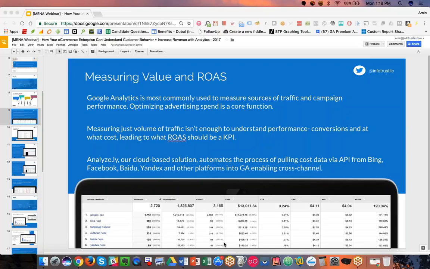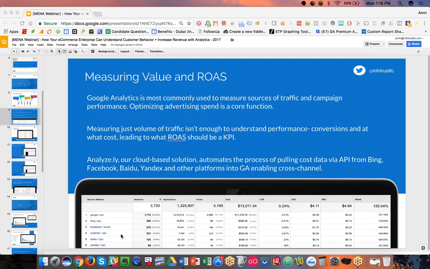Now, why am I mentioning this? When you combine these metrics with Google Analytics, assuming you have revenue tracked in orders and conversions, you can begin to unlock some additional metrics like return per click and return on advertising spend. Return on advertising spend takes the revenue that you earn from these different sources of traffic, bringing in users and sessions, but overlays cost with it to run a calculation and see the return.